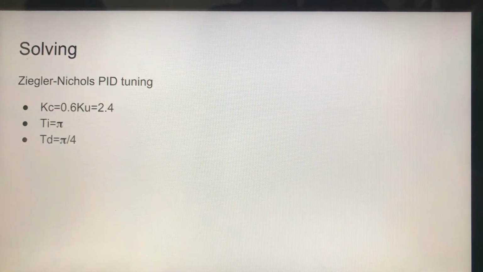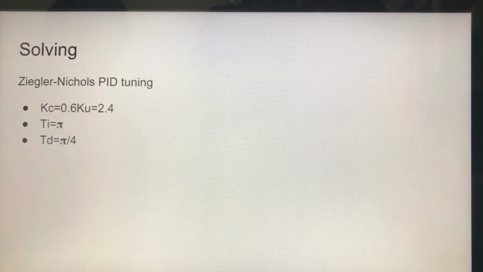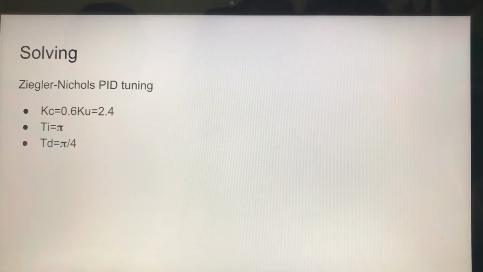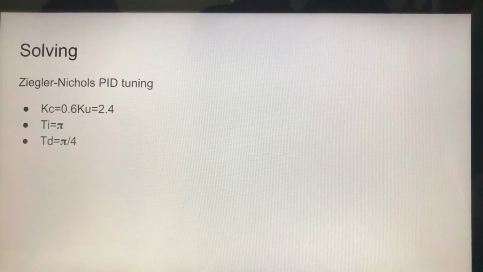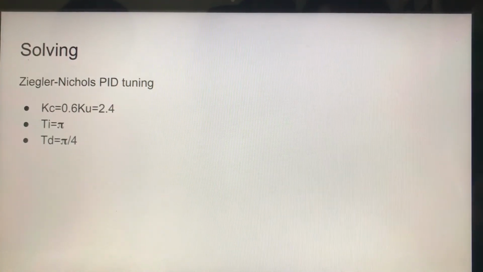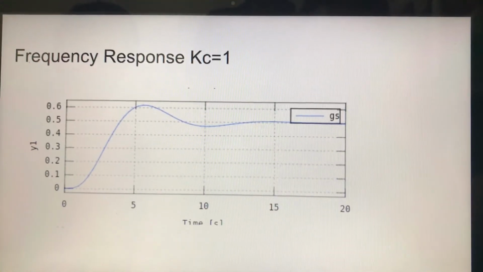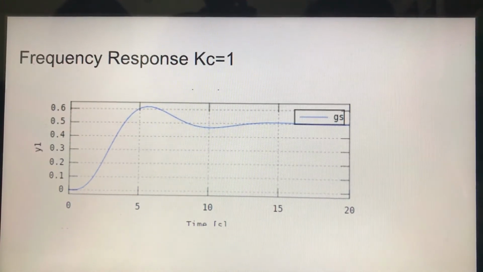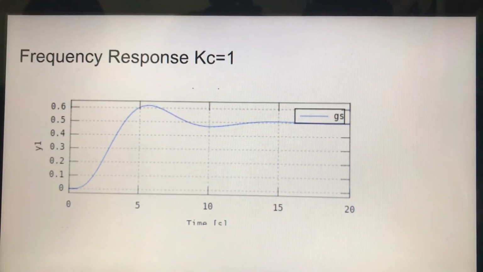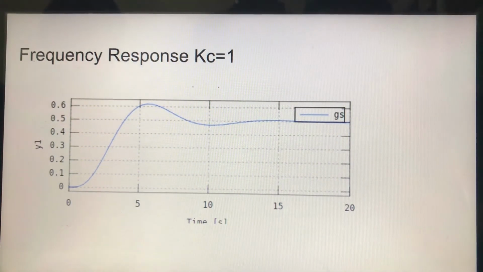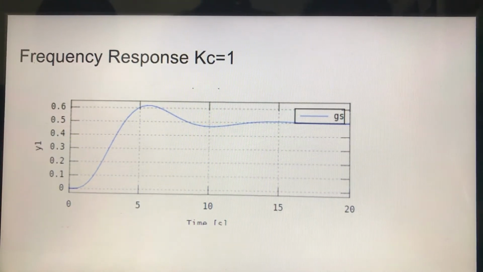So solving for Ziegler-Nichols PID tuning, Kc equals 0.6 Ku, so Kc equals 2.4, and Ti equals pi and Td equals pi over 4. So here is the frequency response of the transfer function when it is introduced to a step change of 1. So as you can see, the graph is still stable,